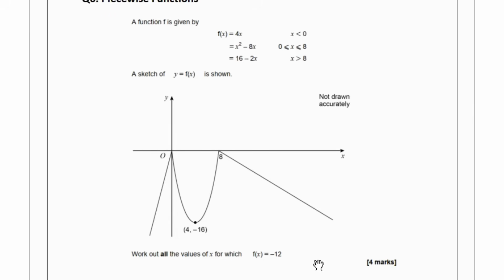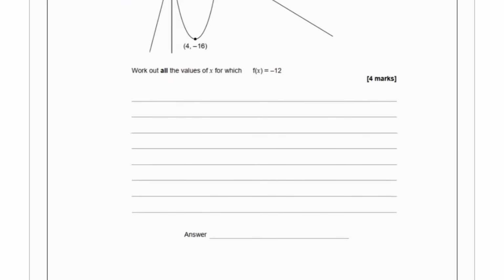So since we need to work out all of the values of x where the function equals negative 12, that means we put all of these equations equal to negative 12 separately, find the value of x, and all of these values of x will be the answer for the question. So first we do 4x equals negative 12, where x is going to equal negative 3. Then we do